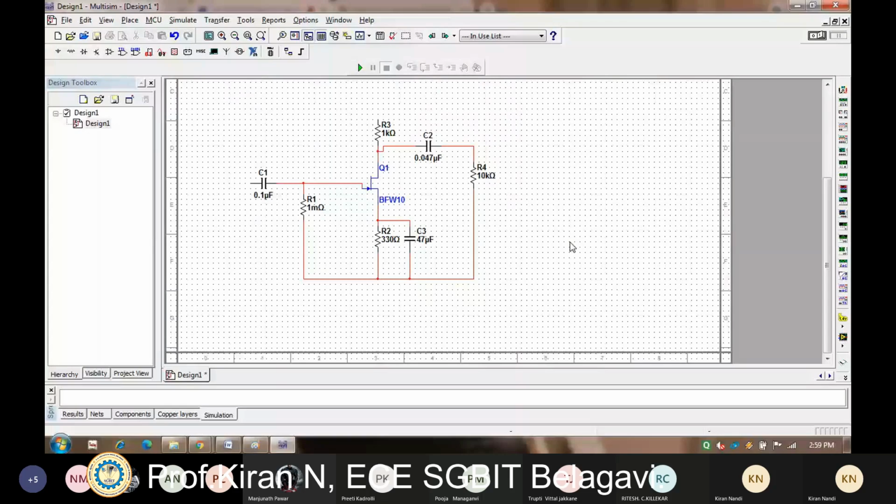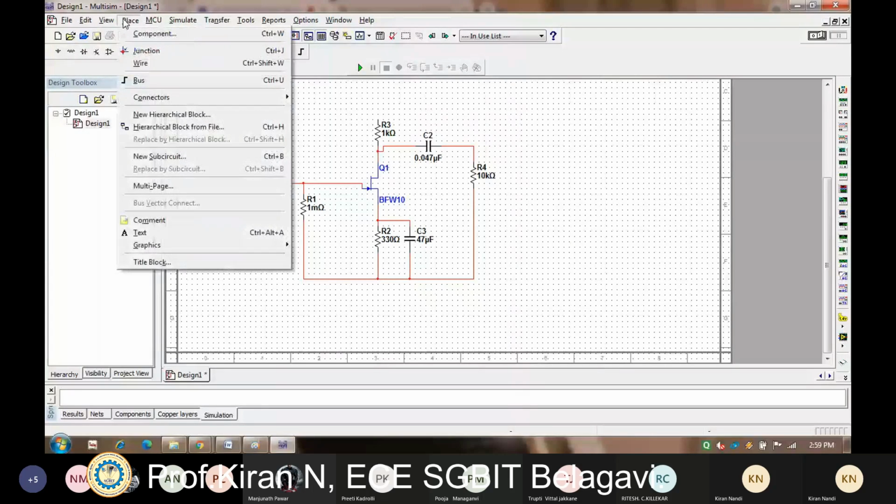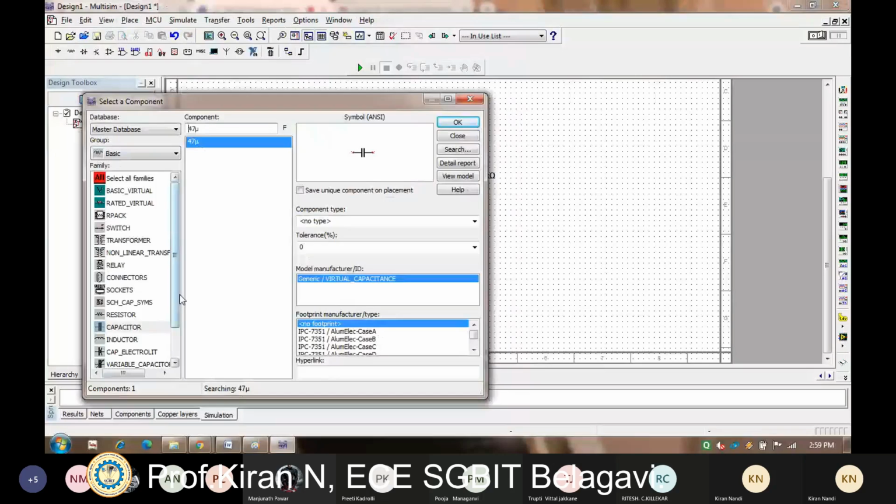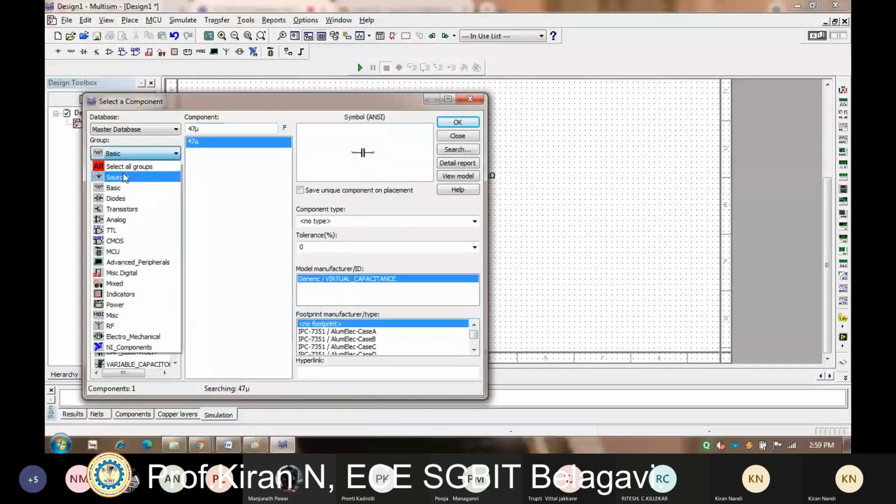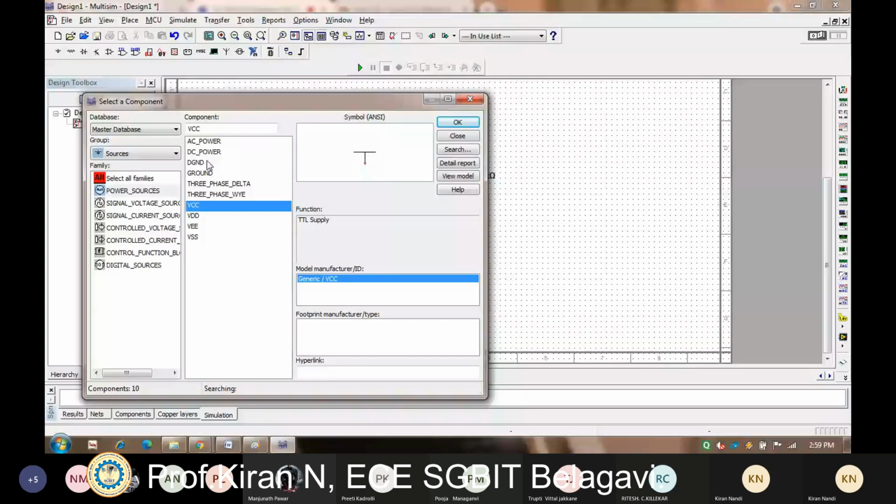Now I want to connect a voltage source. Place a component here, go for a selection of sources. I need an AC source here. So I'll click on AC power source, then click on OK.